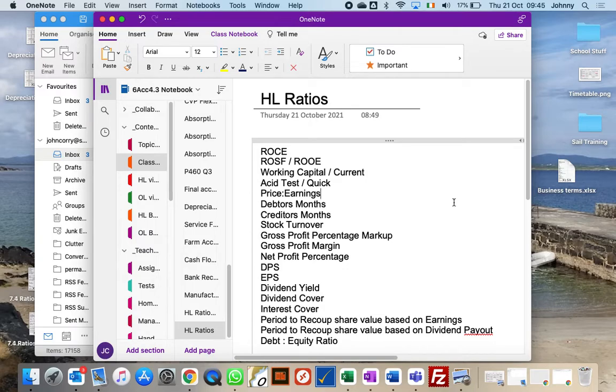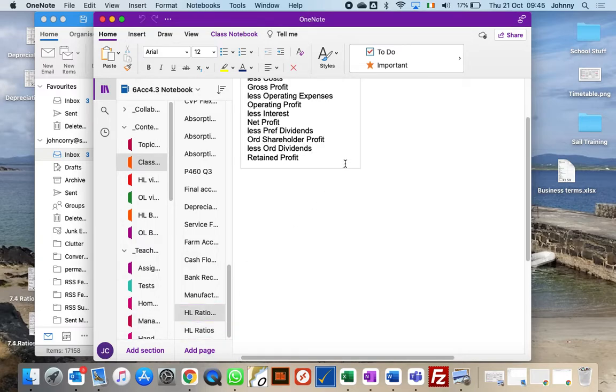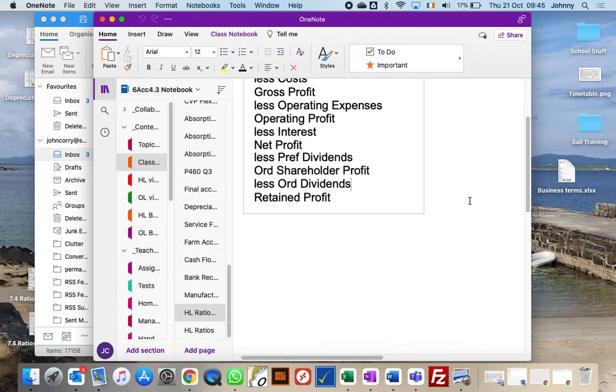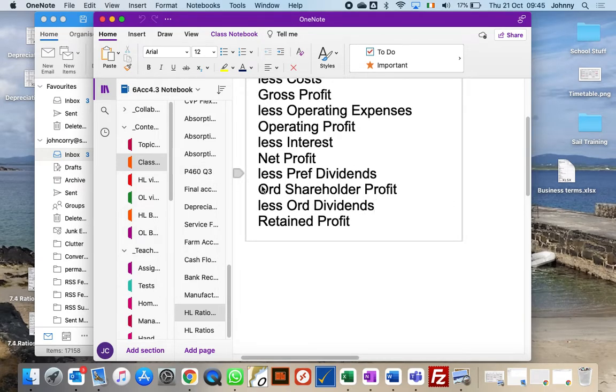Now, this is where we need to have a look at the previous one here. I'm trying to look at the difference between the two of them. Okay? So dividends per share comes from the ordinary dividends divided by the number of shares. Earnings per share is ordinary shareholders' profit divided by the number of shares. What's the difference? The difference between the two of them is retained profit. So there was one question that you did, and I think you got an answer for earnings per share of 21 cents. And for dividends per share, I got an answer of 7 cents.